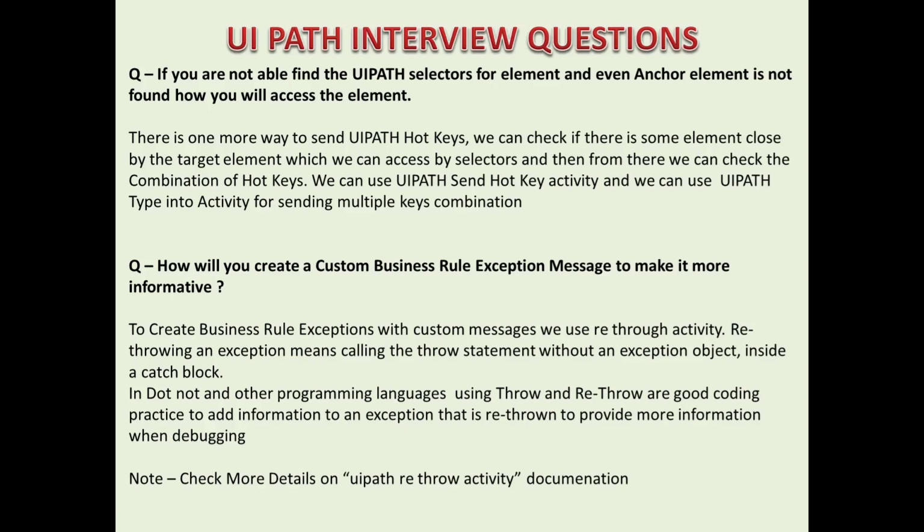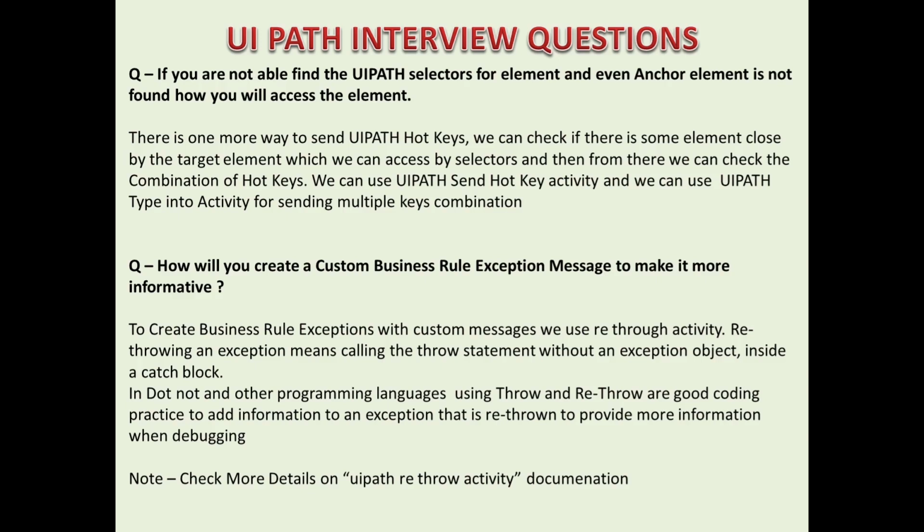So the next question is, how will you create a custom business rule exception message to make it more informative? Whenever there is a business related issue, let's say you have to process only those cases where the amount is less than 10,000. If the amount is more than 10,000, how will you send a business rule exception to Orchestrator or